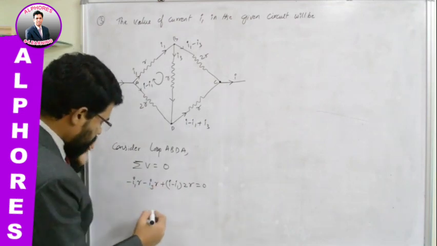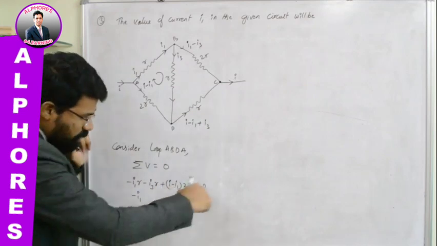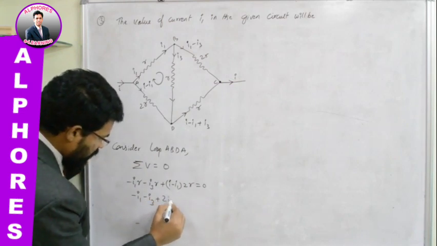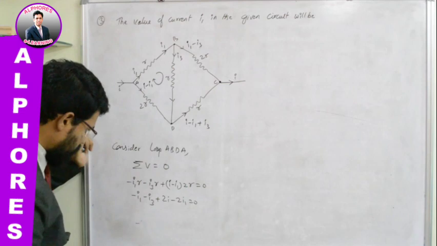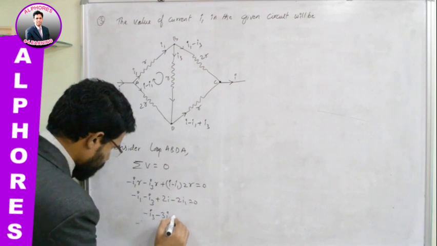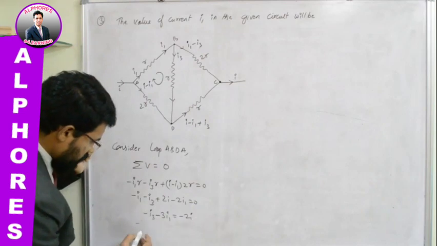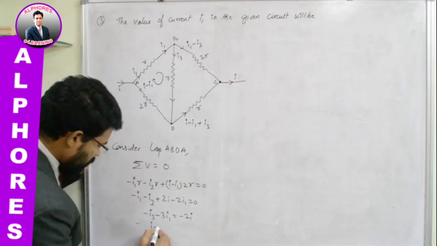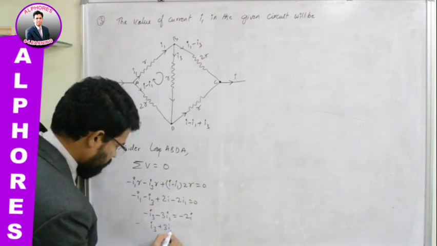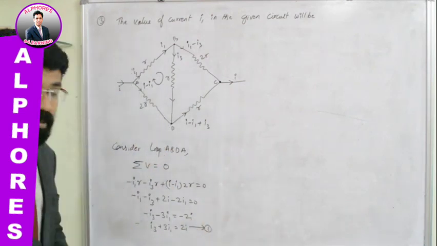Okay, right. Let me simplify this one. What you will get: minus I1 R is there in every term, so you can take it out, and if you take it to the RHS side, it becomes 0. You'll have minus I1 minus I3 plus 2I minus 2I1 equal to 0. And if you simplify this further, what you will get: minus I3 minus 3I1 is equal to minus 2I, isn't it? Or you can write it like this also, simply I3 plus 3I1 is equal to 2I. So let us take it as equation number 1. I am taking this as equation number 1.